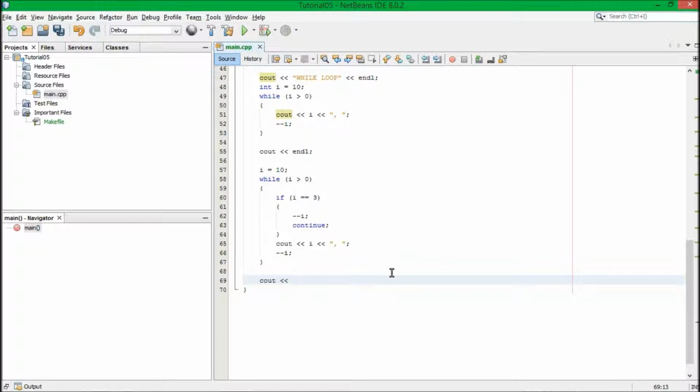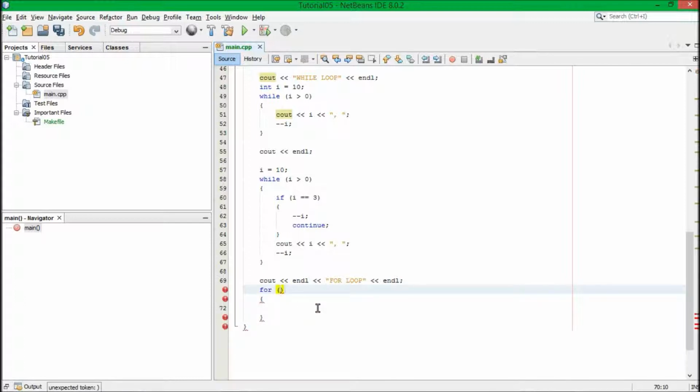So I'll write cout. We need a new line, so endl, for loop, and then another endl. Okay, boom. So for loop. We are going to make a for loop. For is more difficult than while, and I try to use while when I can, but for is sometimes the only way forward. So the way a for loop works is you do for